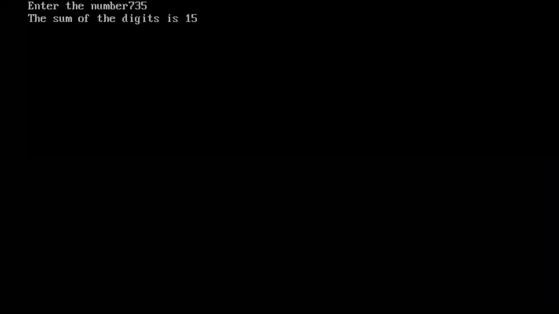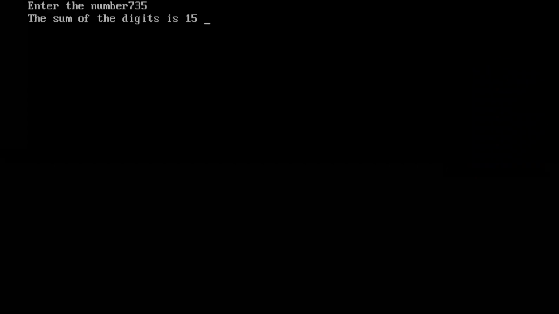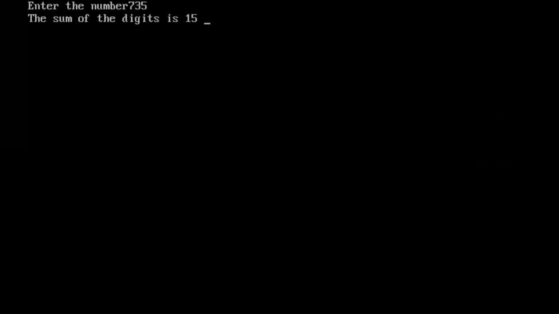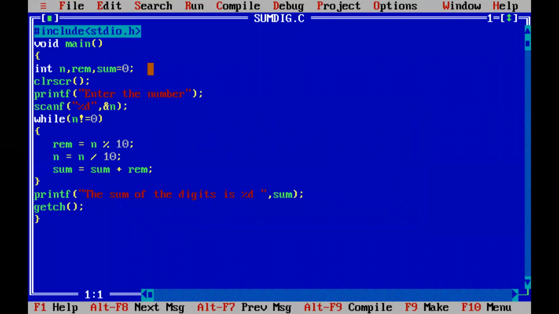Is it correct? All are there, right? Yes, ma'am. Okay, so in full screen, because of Turbo C, I will not be able to see whether all are there. If anyone is having doubts, let me know. You can easily type this program. If you want, you can give a colon. Okay, so this is the program.